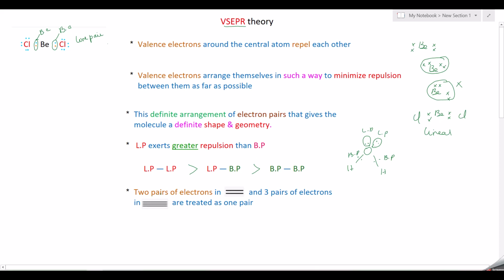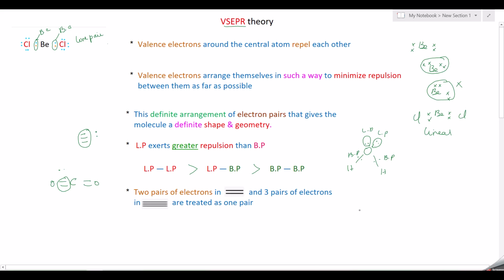The next point: the two pairs of electrons in a double bond and three pairs of electrons in a triple bond are treated as one pair. So for example, you take carbon dioxide, where you have a double bond, C double bond O. These two pairs of electrons are considered as only one pair. Similarly, when you take a triple bond, meaning three pairs of electrons, it is not considered as three pairs, it is considered as only one pair of electrons. So these are the assumptions made by the VSEPR theory,